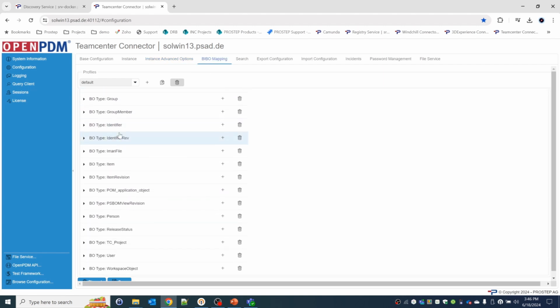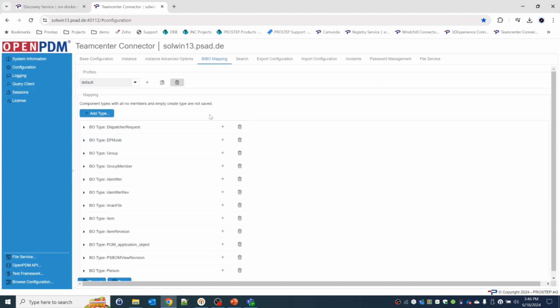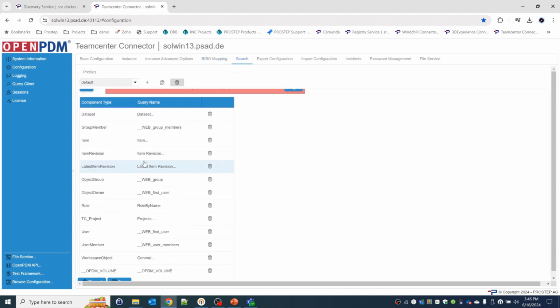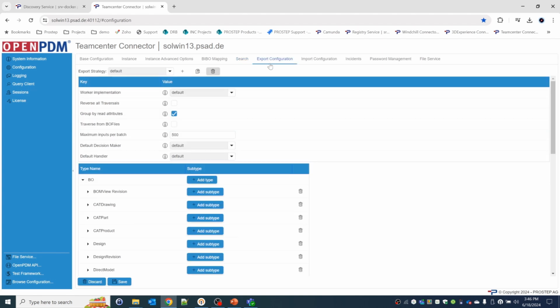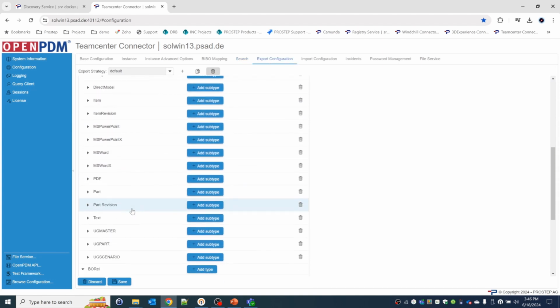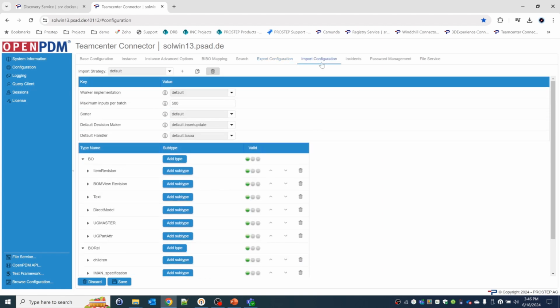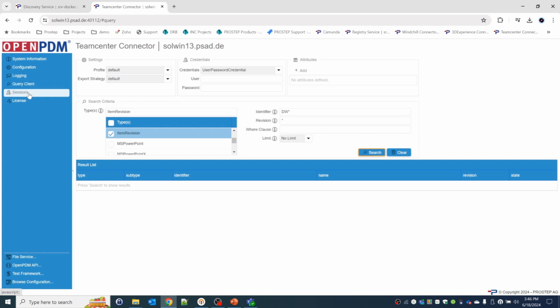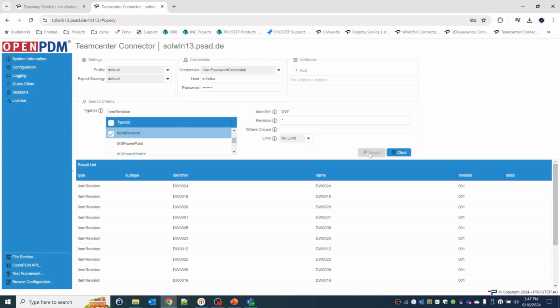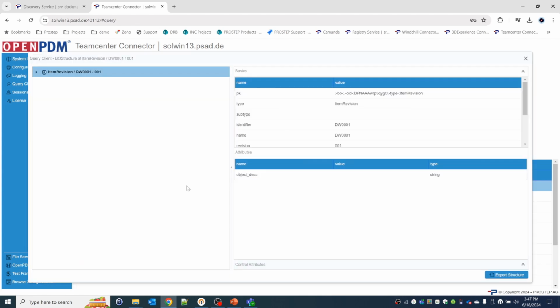Do some rudimentary mapping here, so you can see that there's a business object type. You can map searches to Team Center searches in this case, and then have default export and import configurations so that if you provide it a data set, it already knows how to structure it and how to import it. The connectors also have a bundled query client with them. Within the query client, you can then go ahead and use the connector and query for data. So in this case, we're going to query for item revisions within the Team Center system, and then open up this